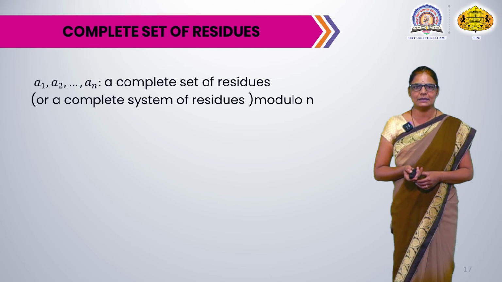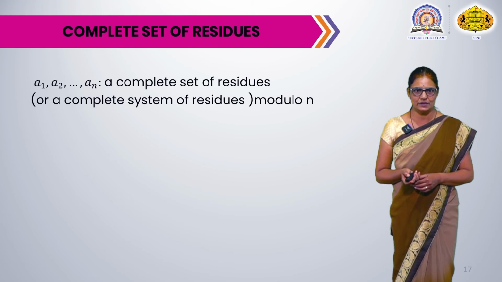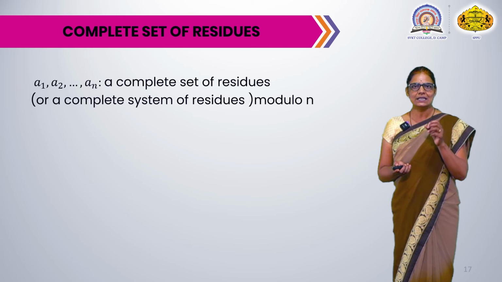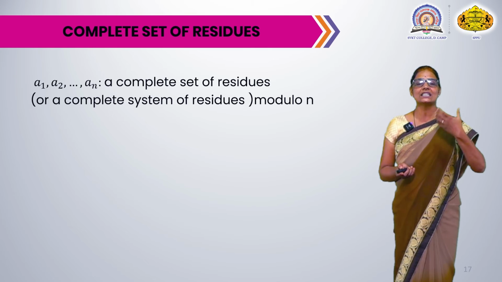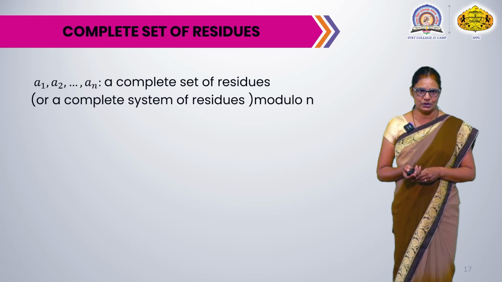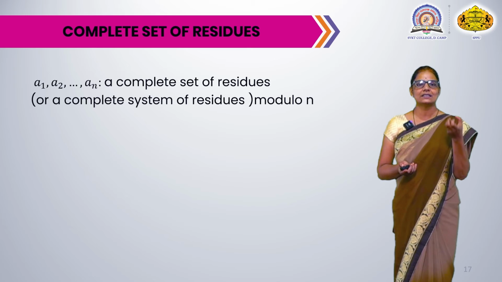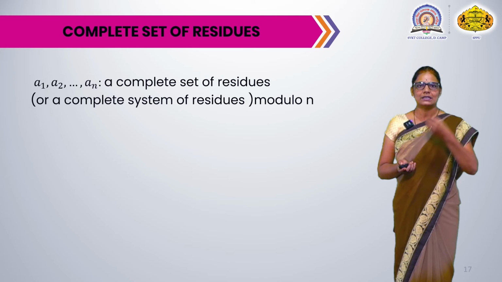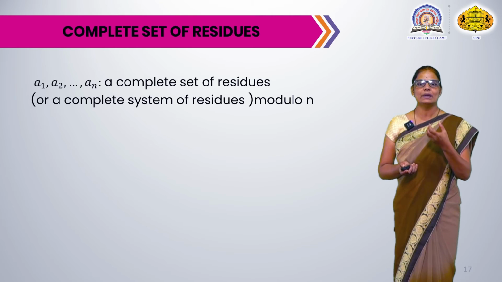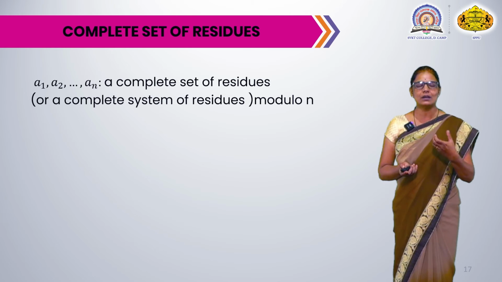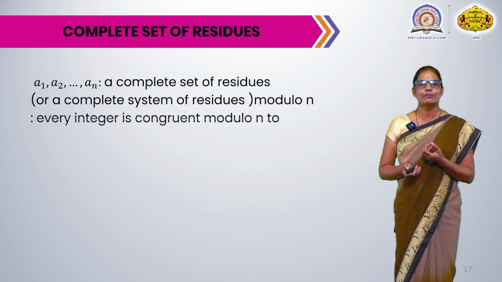So next our concept is the complete set of residues. So here we will see which set is called the complete set of residues. Now for that I consider n integers a1, a2 up to an. This set is said to be a complete set of residues, or a complete system of residues modulo n, if